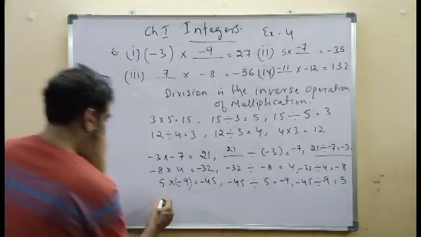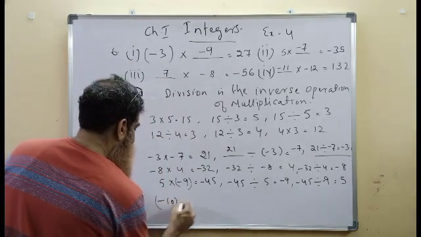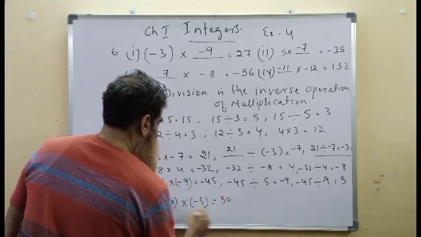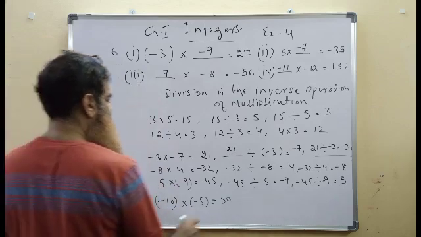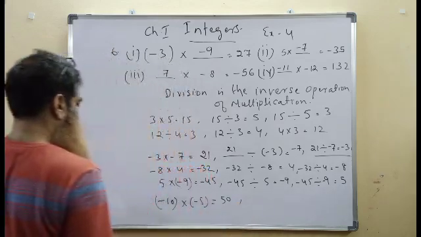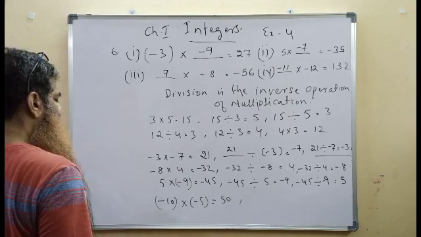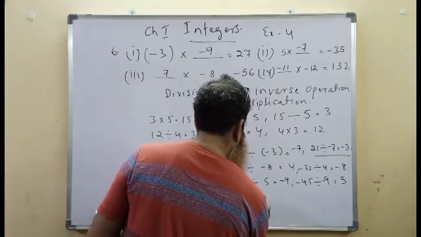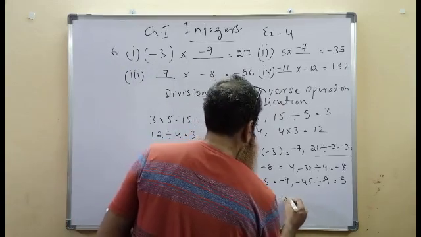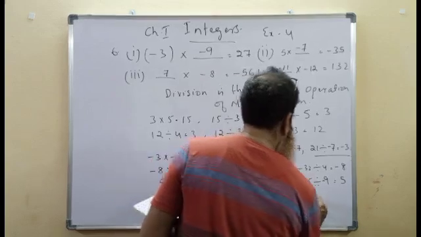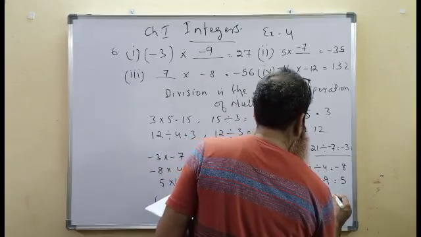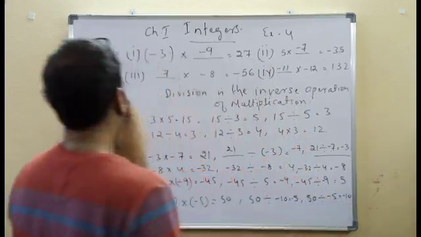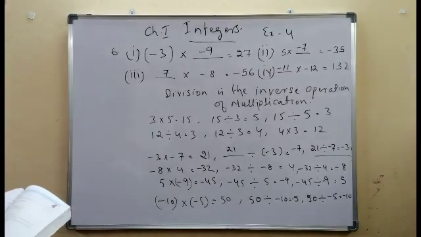The last one in the series, minus 10 multiplied by minus 5. 10 5s are 50. Both the integers are negative. The resultant will be a positive integer. We know two negative integers, when multiplied, the product of two negative integers is a positive integer. 50 divided by minus 10 is equal to minus 5, and 50 divided by minus 5 is equal to minus 10. So we complete the table. We complete filling the table on page number 12.